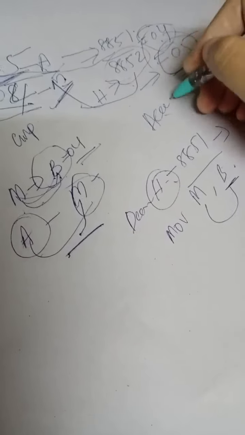Now we will start executing the program of ascending order. Ascending order means we have to go from small to large, then you have to use JC, whereas descending order means you have to use another instruction, that is JNC. Same program for smallest and largest, but you have to use a different instruction. So now we will execute the ascending order program.